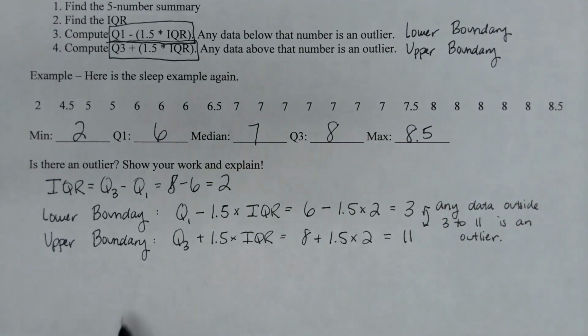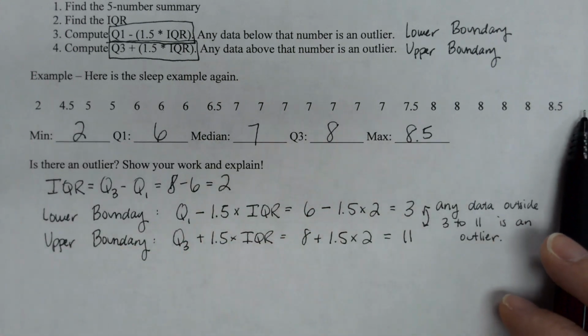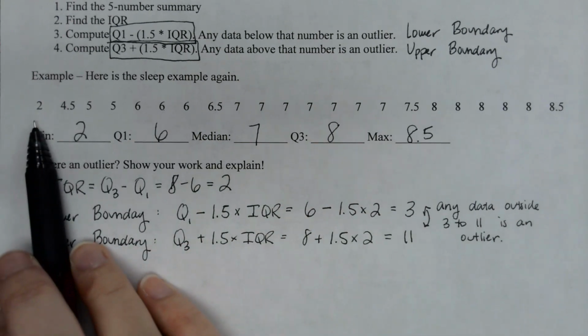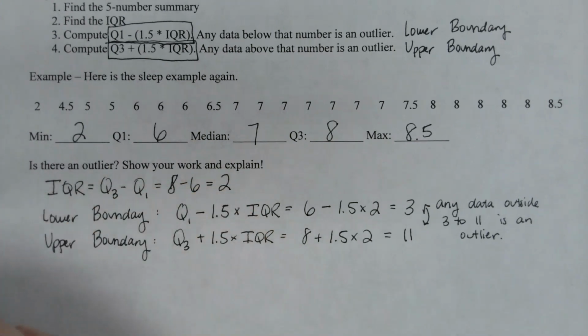So looking at our data set, do we have any numbers that fall outside 3 to 11? Yes, our minimum value of 2. So because 2 hours